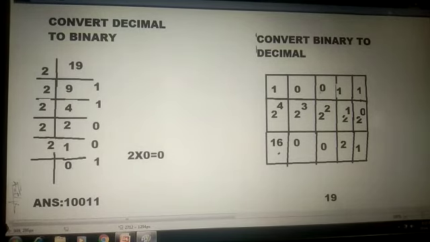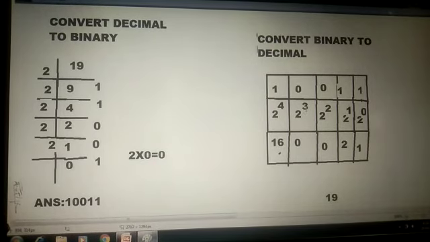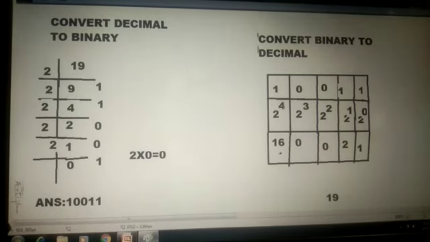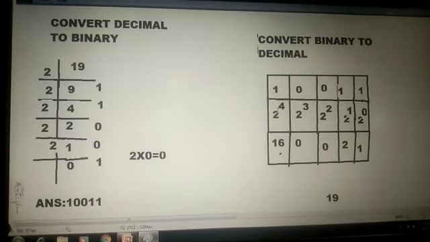But if I multiply 4 into 0, what is the answer? I will get 0 only. Here 2 to the power 3 means I will write 2 three times. 2 ones are 2, 2 twos are 4, 4 twos are 8. So I will get 8, not 6. We are not adding here, we are multiplying. So 8 zeros are 0 here. Again 2 to the power 4 means I will write the 2 four times, then we multiply. 2 ones are 2, 2 twos are 4, 4 twos are 8, 8 twos are 16. So 16 ones are 16.